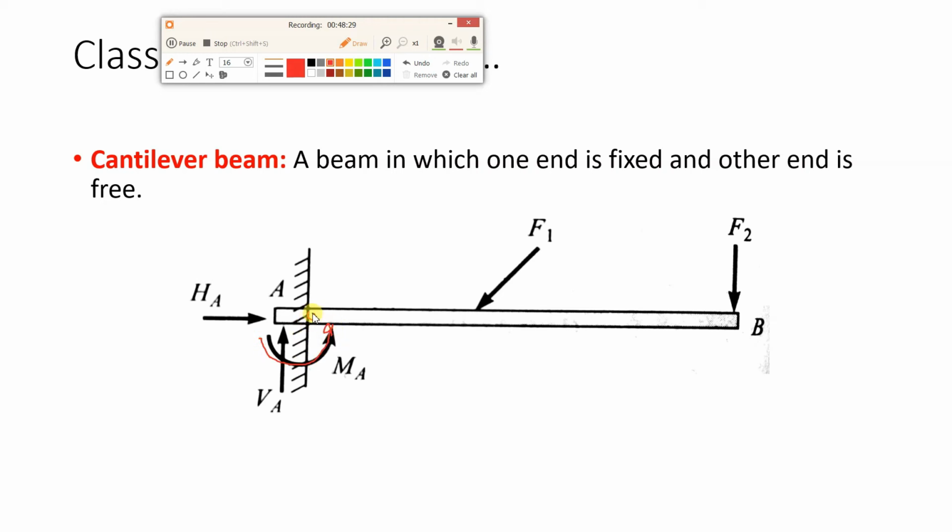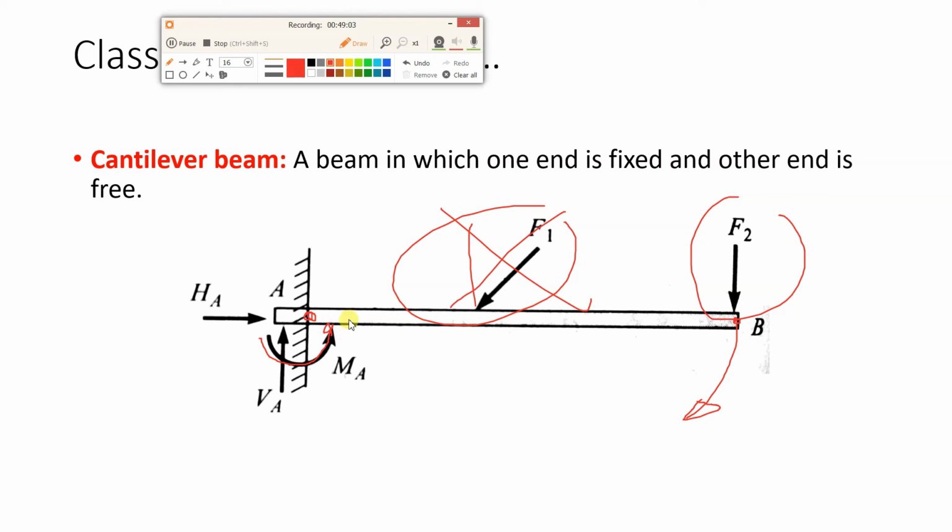Why? Because if you take moment about point A, keep your thumb at point A, keep your index finger at point B, rotate F2 in the direction of the arrow. So it is clockwise. If this is clockwise, here the moment should be anti-clockwise. That is the basic reason why I have shown the moment in the anti-clockwise direction. Now when you are considering moment, obviously you have to take the moment of this F1 force as well. But I am neglecting this F1 force, and suppose only we have this force. In that case, it is creating clockwise moment. That is why your reaction is anti-clockwise.